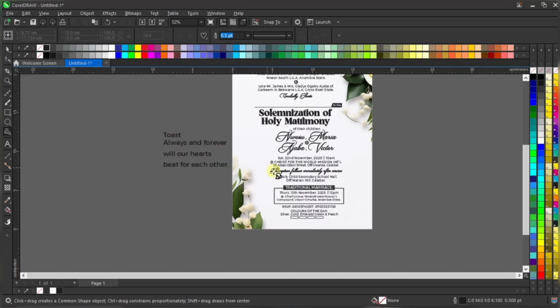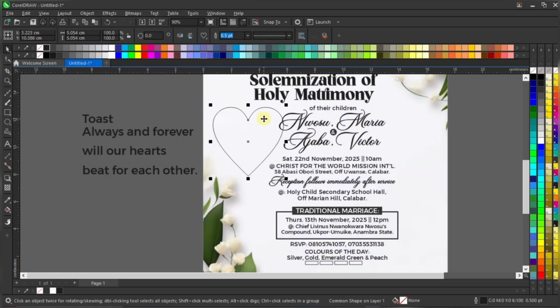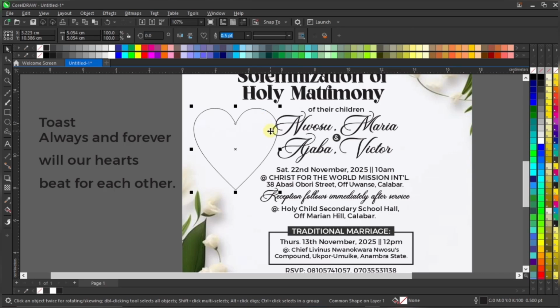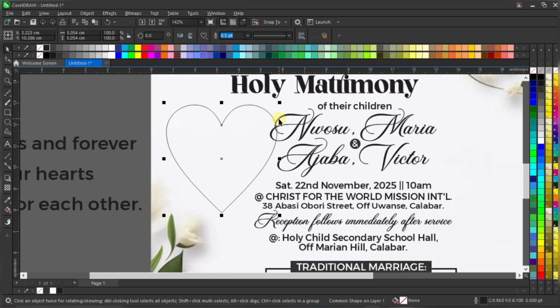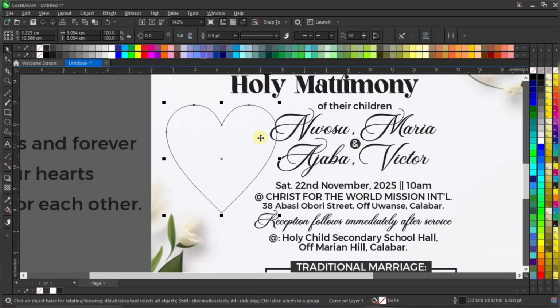I'm going to draw a love symbol here. Hold down your Control key to draw a perfect love symbol. Have you seen? Good. I'm drawing this here, but mind you, I do not want this love shape to touch my text. So I'm going to manipulate this love shape smaller. How will I do that? Right click, convert to curves. Have you seen? Now I am going to